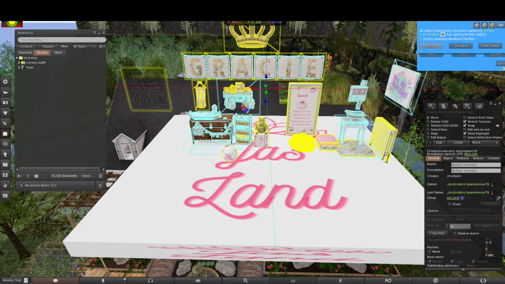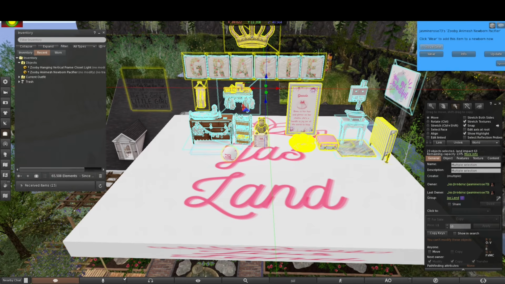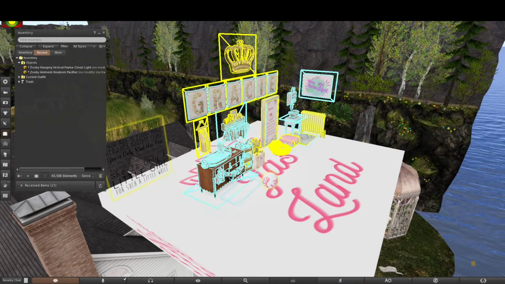So now it's giving me all these. There's new stuff I need to get. It's updates. So I'm going to accept the updates. It's because of her scripting and her stuff. But do you see that? And there's the little